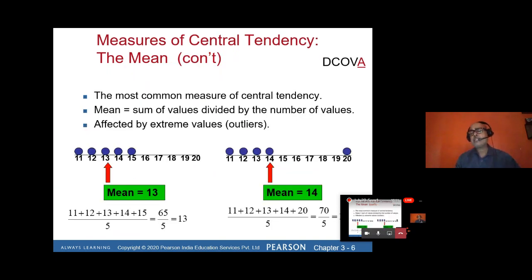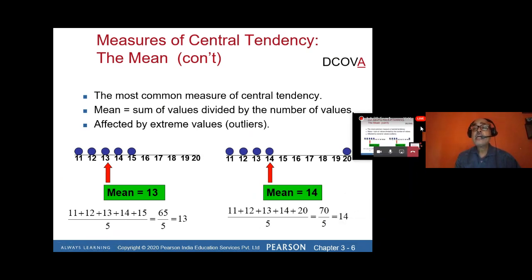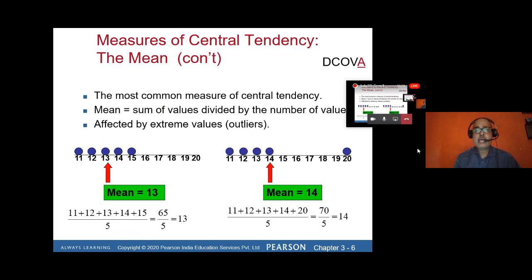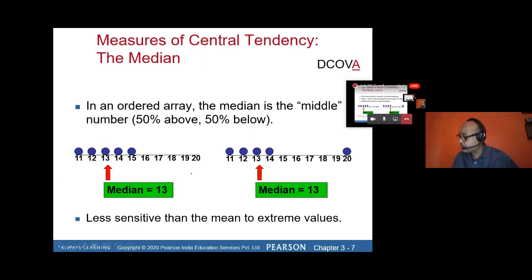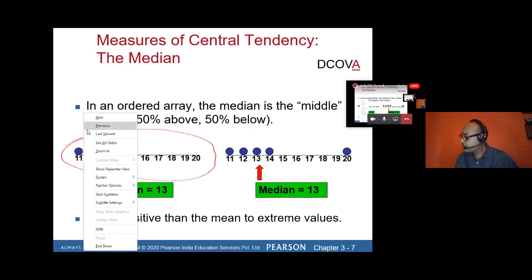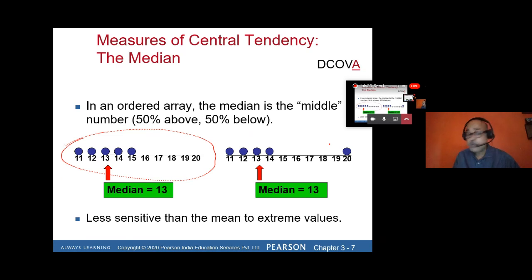In this PowerPoint, if you refer to all the 172 slides which we have prepared, we have given a lot of illustrations which will help you understand how to calculate the mean. You see here, all the population data is in this particular slide: 11, 12, 13 in an ordered array. Am I clear? And then I have identified a sample: 11, 12, 13, 14 and 15.